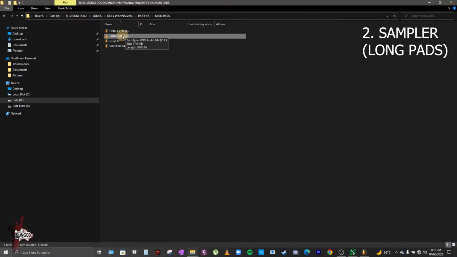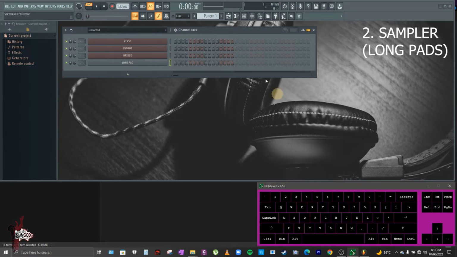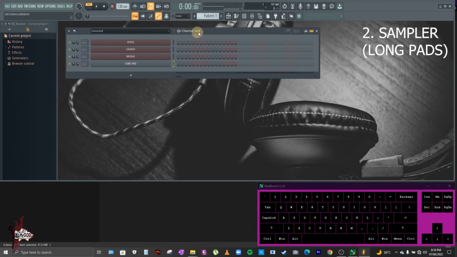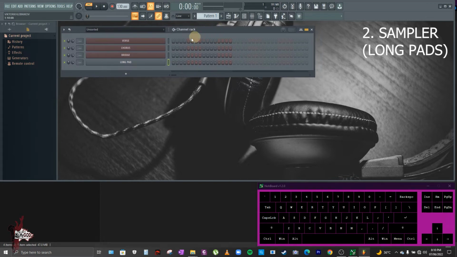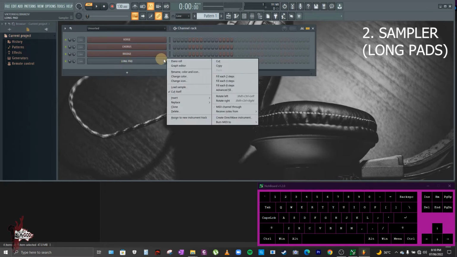So that's how it sounds like. Now we're going to drag and drop this to the sampler channel in FL Studio. Okay, then release. Okay, now that it's here already. So as you can hear what the sounds like, by using this channel, it will add more atmospheric vibrance into the song. Okay, so in order to use this, just right click and open piano roll.